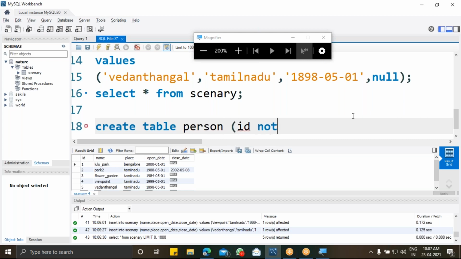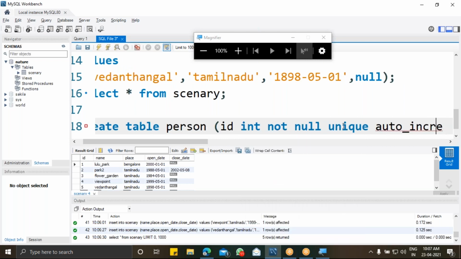This is going to be not null and also unique, and also I'm going to keep it auto increment. Before that I have to specify the data type, that is int. So now I can get this auto increment.